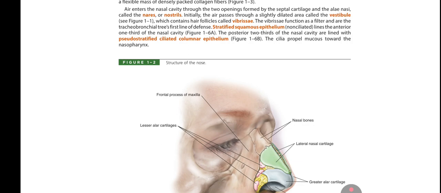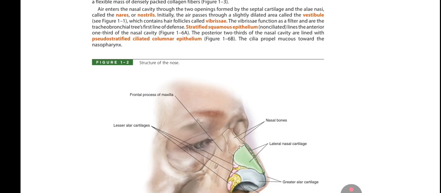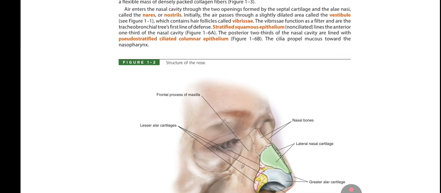However, it's really just columnar. And so the cilia propels the mucus towards the nasopharynx, and it is where we can probably